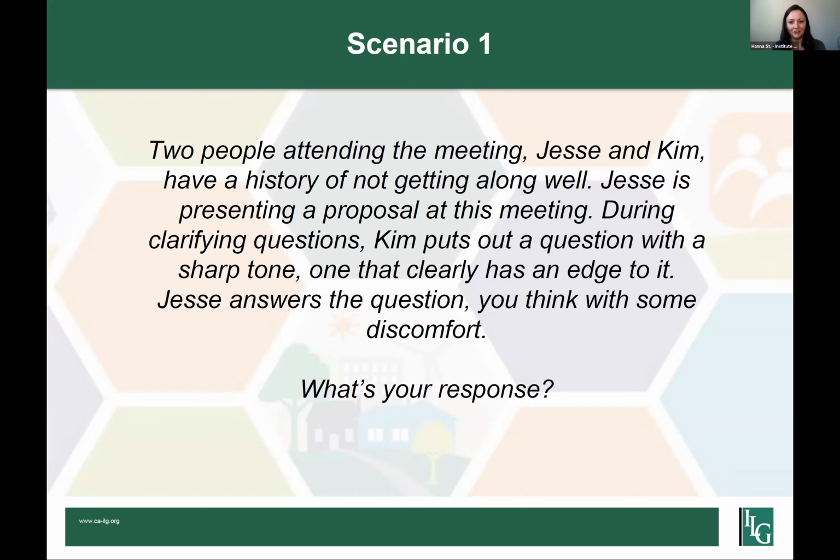And that's the question for the group. What's your response? And we have a couple people unmuting yourself and sharing how would you respond? And there's no wrong or right answer here. We're all learning together. You can think back to what Hannah was just talking about in terms of active listening and some of the emotional pieces there and the empathizing. Any thoughts on how you might respond?